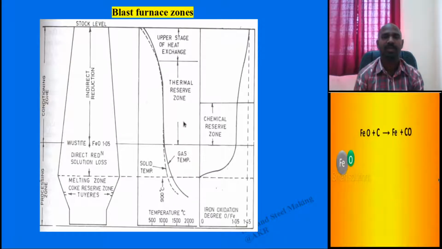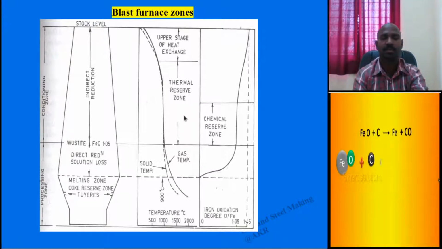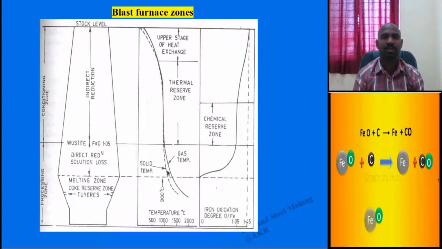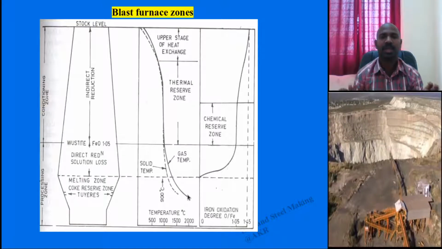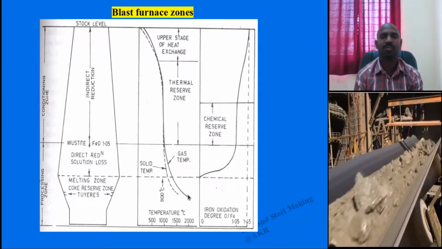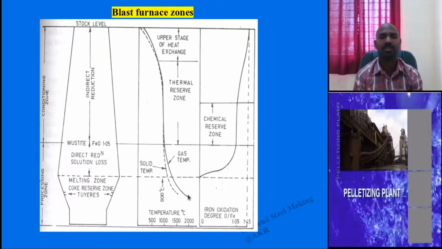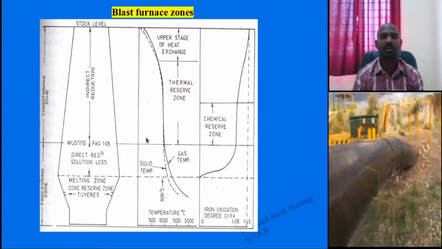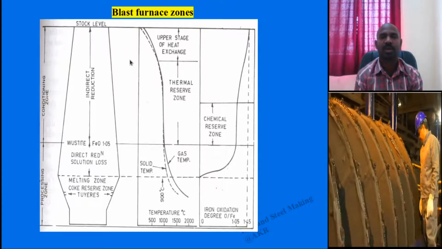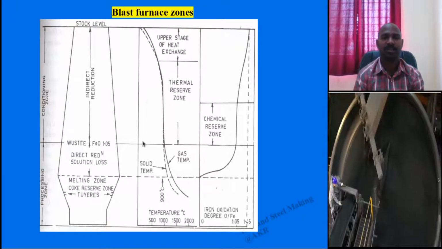This CO, when it reacts with the iron ore, that forms, when it descends, slag and molten pig iron in the Bosh zone. And these two lines will give an idea about the gas temperature and solid temperature in this situation, how the solid temperature and gas temperature vary from the stock level to the bottom of the hearth.